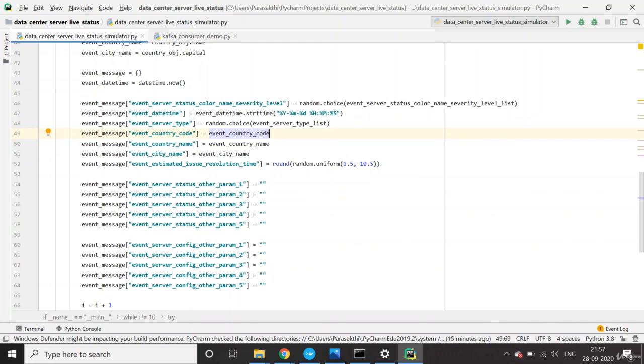If it is a green, severity 3, so there's no need to worry about it. So we need to worry about the server status, which is coming as red and orange. Okay, so that we are going to generate, and basically the event timestamp, and the server